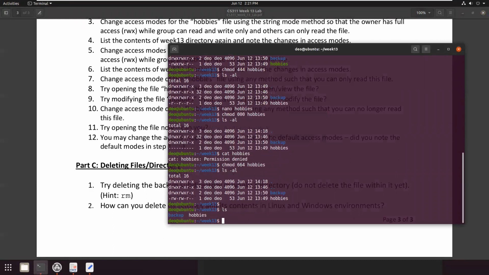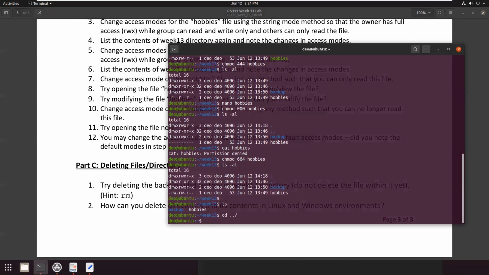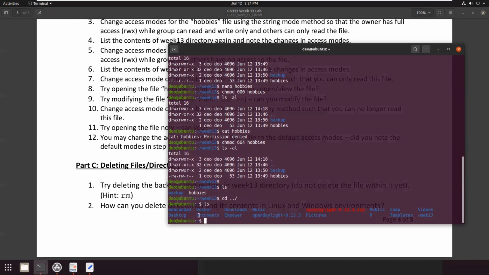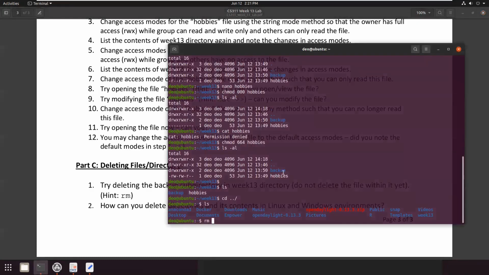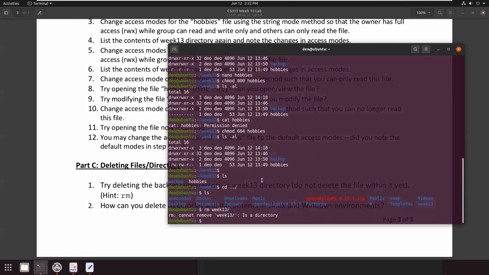So to delete that, you will need to go one step up, do an ls, and inside my home directory I have the week 13 directory. So to remove the directory without deleting anything inside the directory, let's see if we can delete it. So rm week 13, it says cannot remove week 13 because it is a directory. So to delete a directory, you will first need to delete everything that is inside the directory.